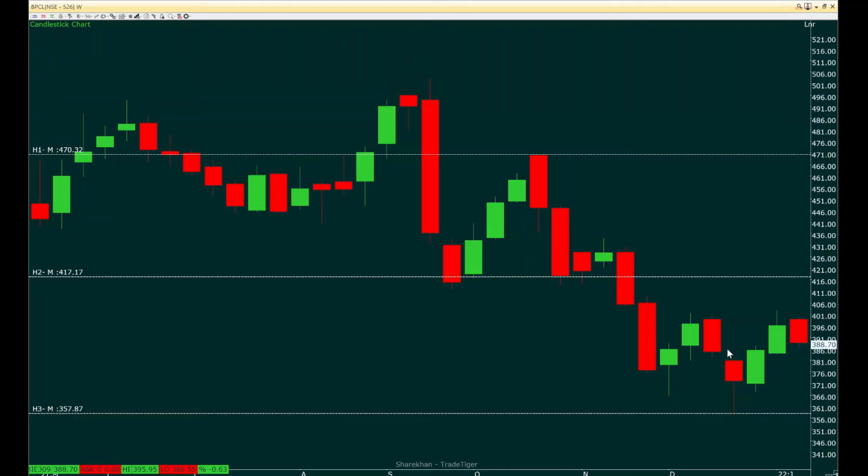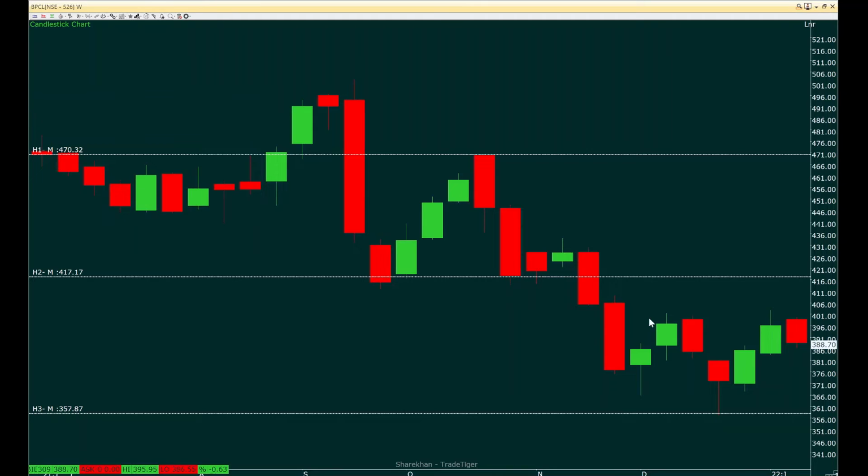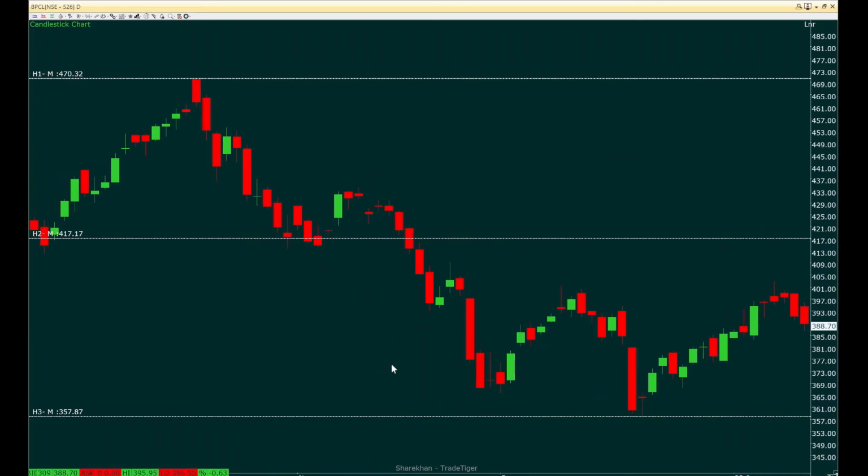So what we are going to do here is look at the daily time frame and see if we can find any opportunity or not. So I still have room from 388 till 417, which is here. Now if I go to daily, what I can see as a structure here is